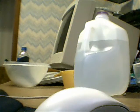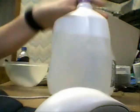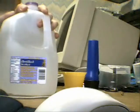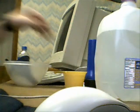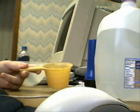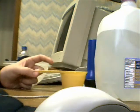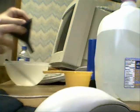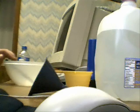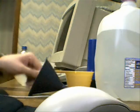So here are my materials. I've got a jug of distilled water. I only spent 60 cents on the jug. And I have a measuring cup. This is my preference. I like to make it by the cup because it's easier to measure. And I've got a funnel to put the juice into my container, a spoon to stir up the solution,